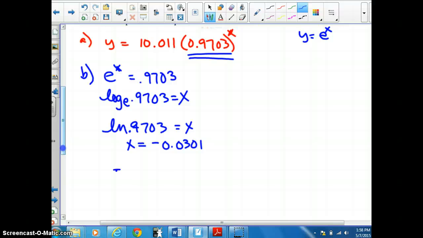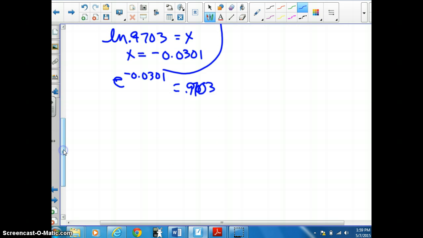So that tells me that e to the negative 0.0301 is equal to 0.9703. And that is going to go up here, so that I write it with base e. y equals 10.01